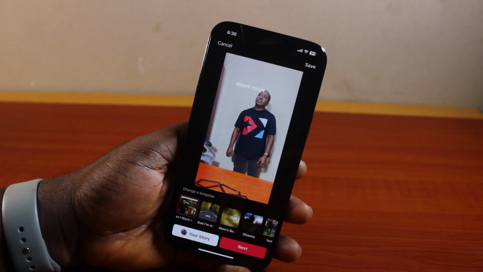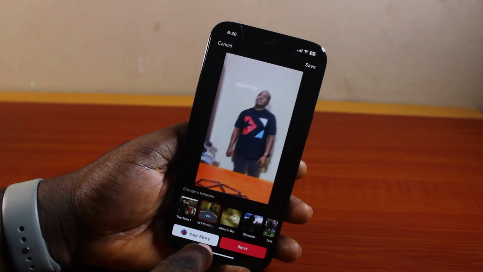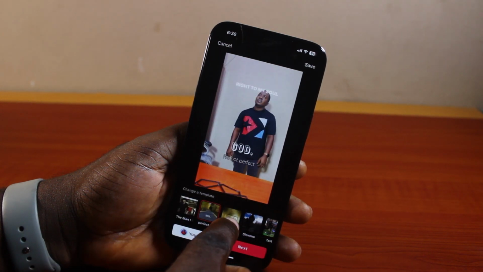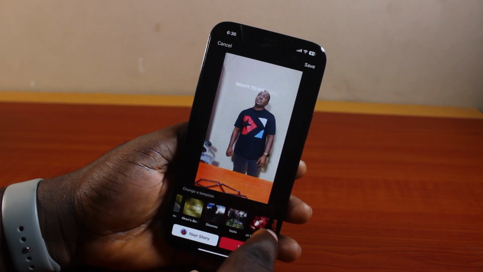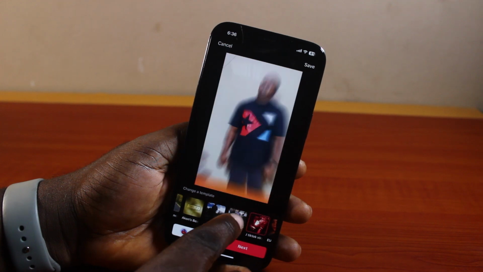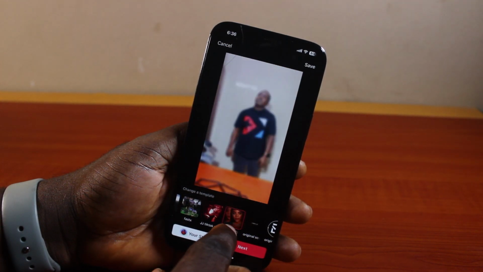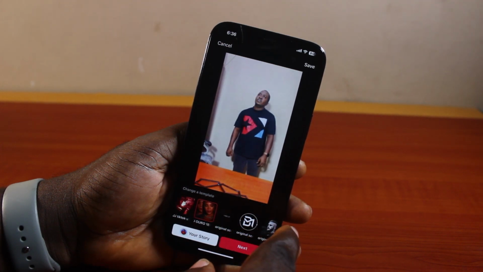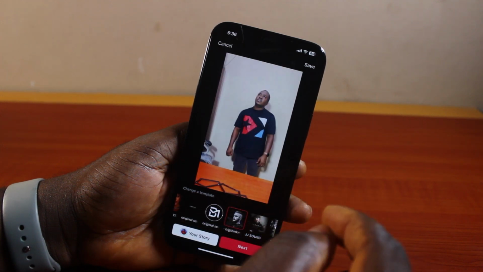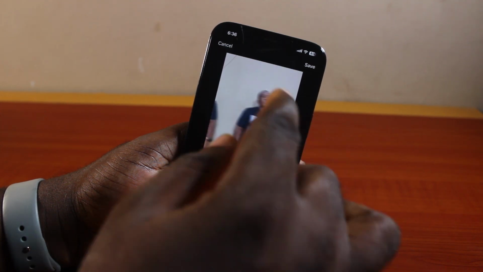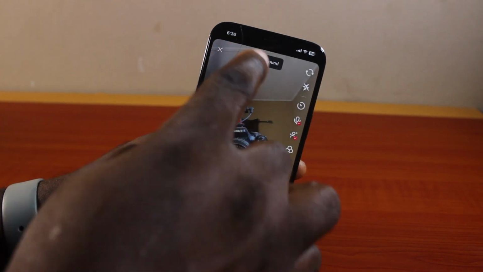Hang on while this is converted, and here you see change a template. Then select the template you want to use. So you can just keep searching for the template until you find the exact template you want to use. And if you don't want to upload the video from your phone, click on cancel, discard, come back again, then